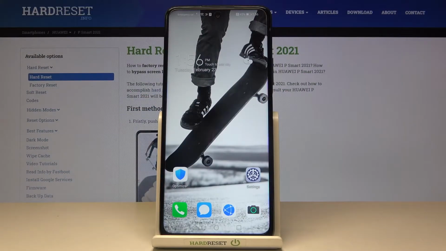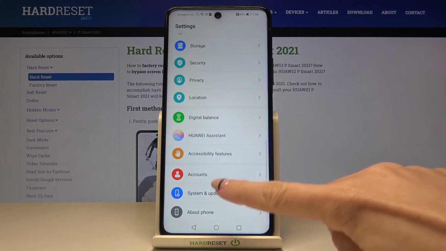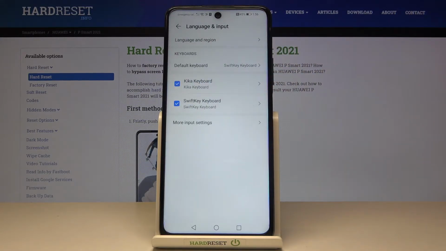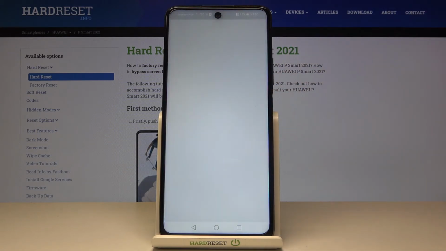In front of me is HUAWEI P Smart 2021 NFC, and let me show you how to activate SwiftKey Autocorrection. So first of all, you need to reach Settings, then find and select System and Updates, and here you will notice Language and Input. Smoothly tap on it, and here you will notice SwiftKey keyboard, so just check if it's